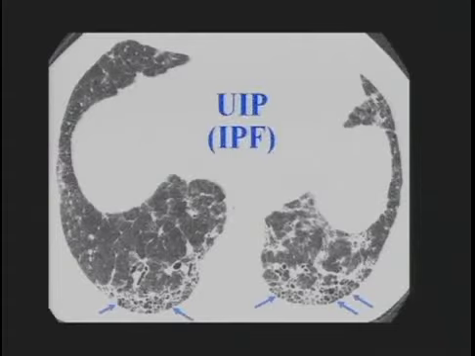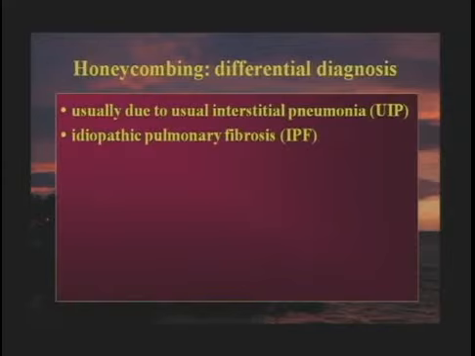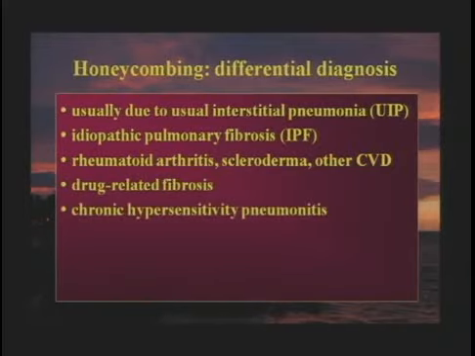Another example with a posterior lower lobe predominance of reticulation, traction bronchiectasis, and a little bit of honeycombing: UIP-IPF. The differential diagnosis of honeycombing is basically the differential diagnosis of UIP. The histologic pattern usually associated with honeycombing that we see on high-res is UIP. The differential is IPF, idiopathic pulmonary fibrosis, collagen diseases, particularly rheumatoid and scleroderma, drug-related fibrosis, methotrexate or something like that, chronic